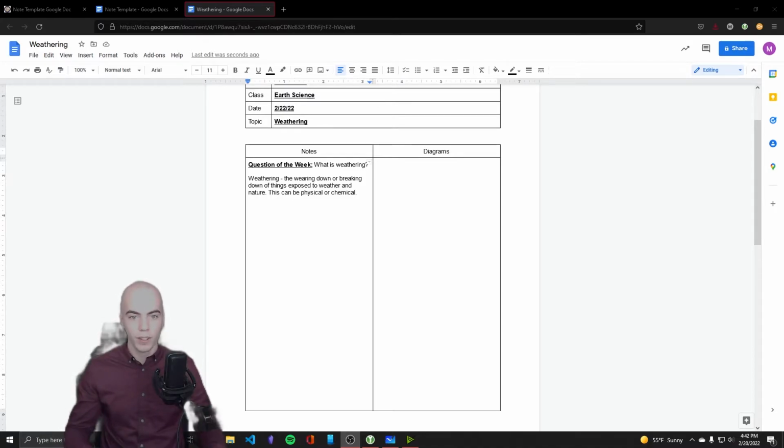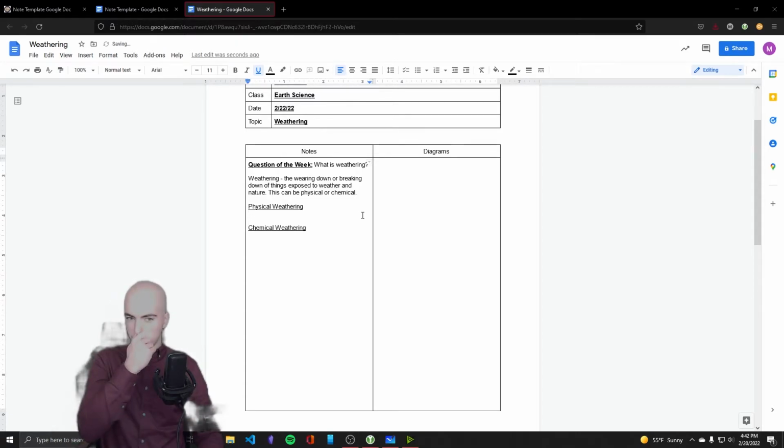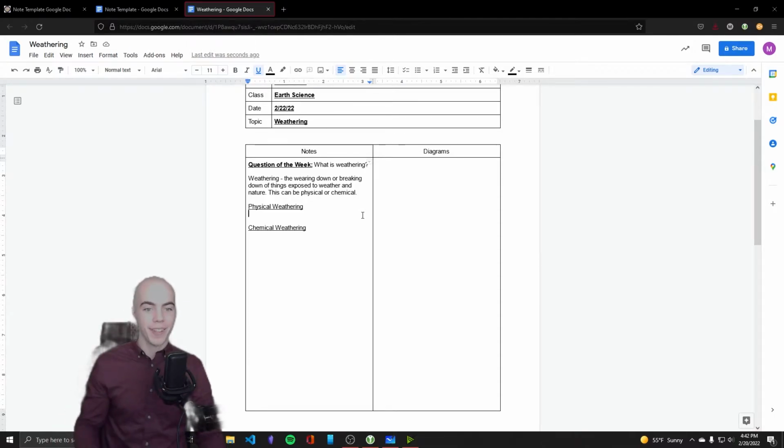All right. So basically everything is experiencing weathering because time is passing. The elements are working on it, breaking it down. But what does that mean, right? For the elements to be breaking it down? Well, let's first add our categories here. We have physical weathering, which I'll underline to make a little category, and chemical weathering. All right. So there's a couple different kinds of physical weathering, and there's a couple different kinds of chemical weathering.